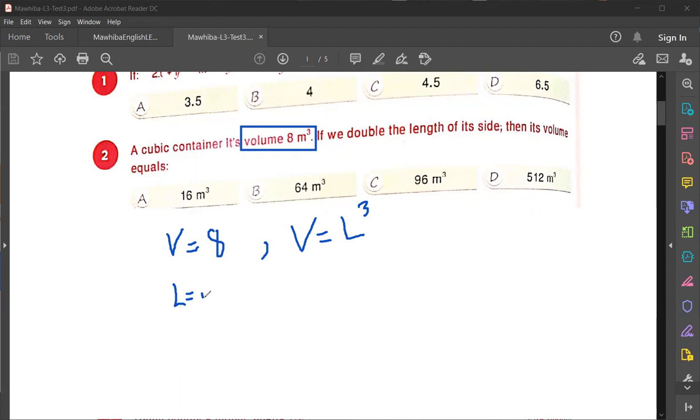The length of the cube, you take the cube root. You write it here: cube root of 8 equals what? Equals 2. So we found the length now. If we double the length of each side, now we want to double. So 2L equals what? Equals 4, right? Now we want to find the volume. So the volume equals 4 cubed,